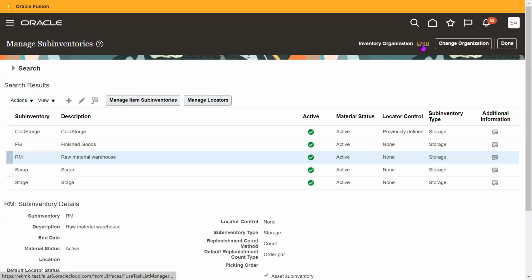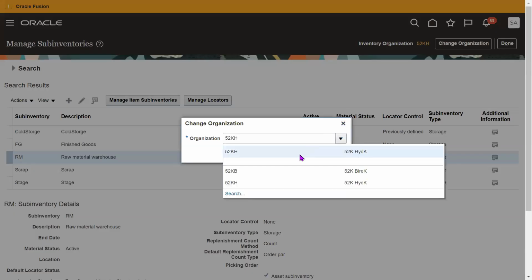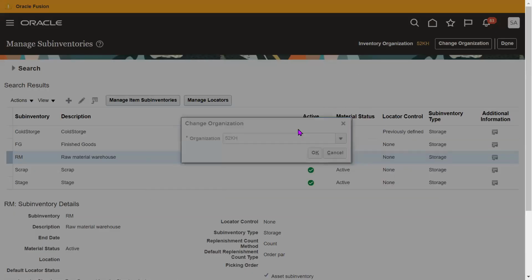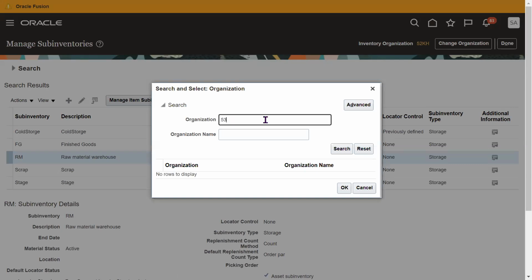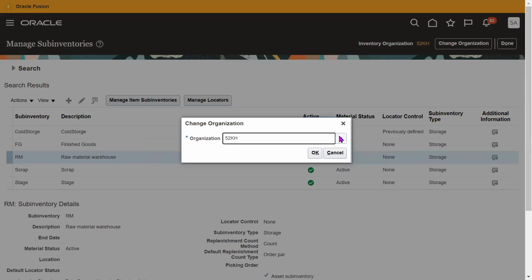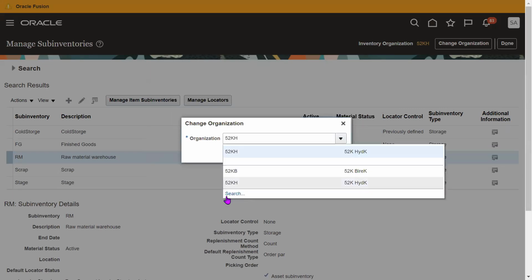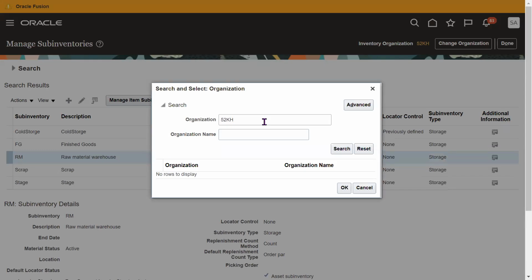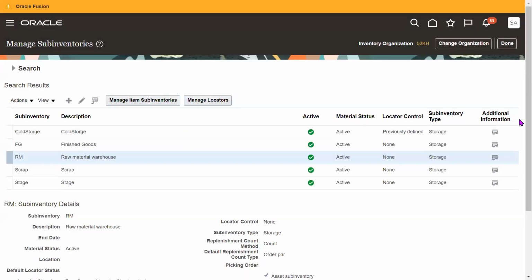Okay, I selected the wrong organization 52. I have to select which organization, 53. And I'm observing, I'm not able to find my org in the list. Why? I'm not able to find it because I have logged in as a different